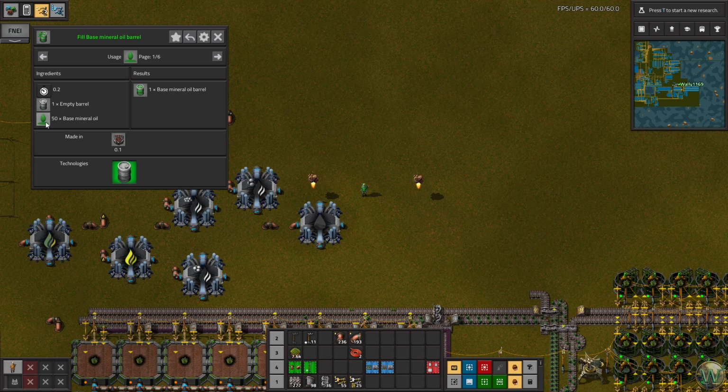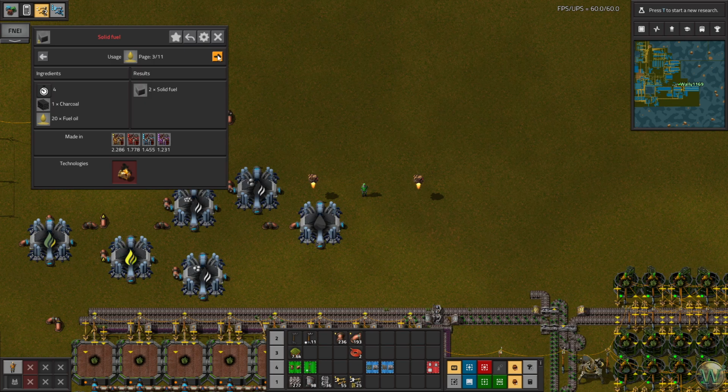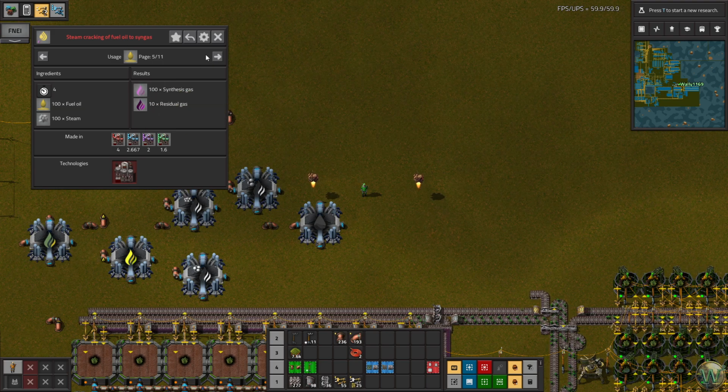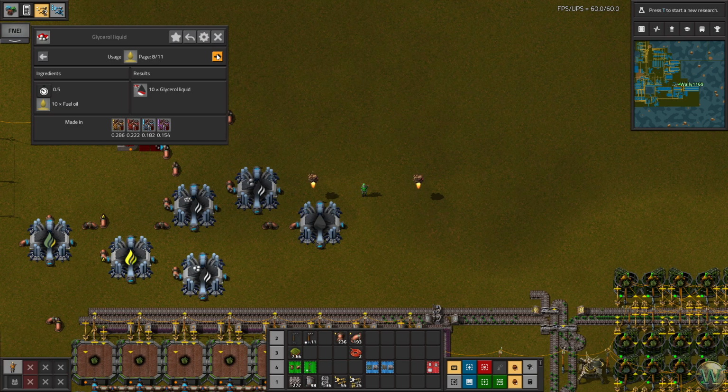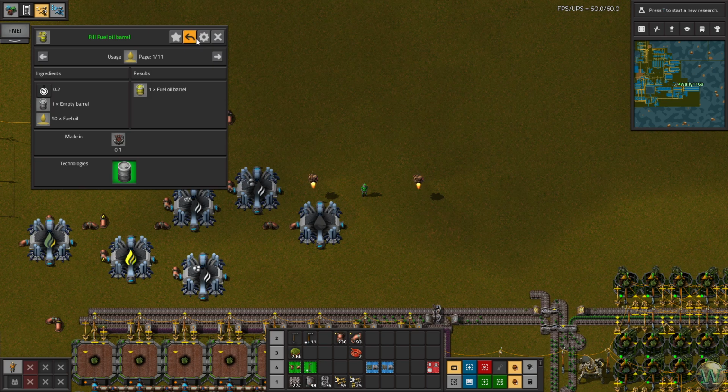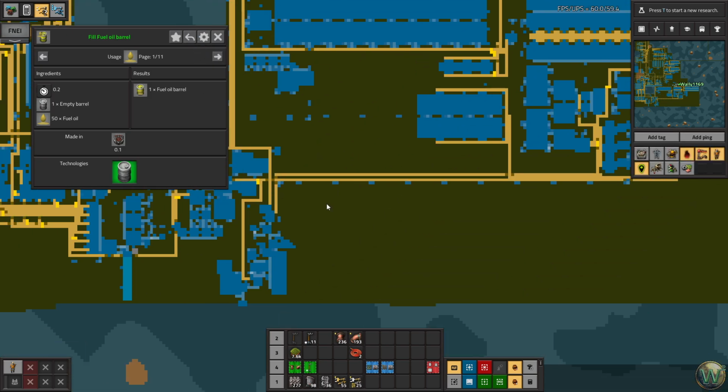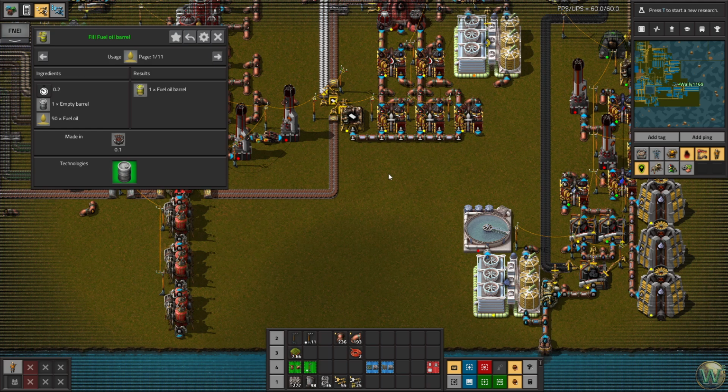Alrighty, and then we can go back to this, and fuel oil, we know how to use fuel oil. We've used fuel oil before, in addition to making fuel out of it. We'll also be able to crack it into these two gases. Okay, that's good. Liquid fuel as well with residual gas, and we can burn it as literally liquid fuel, and those are gray, so those don't count. Which we are set up to do with the fuel oil that we made a while ago from